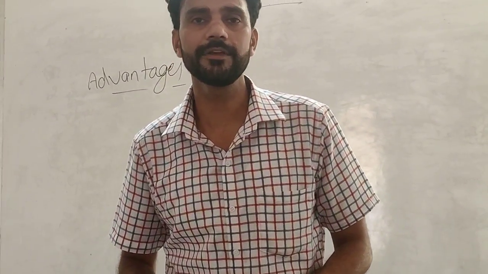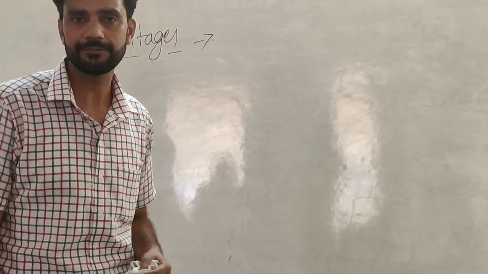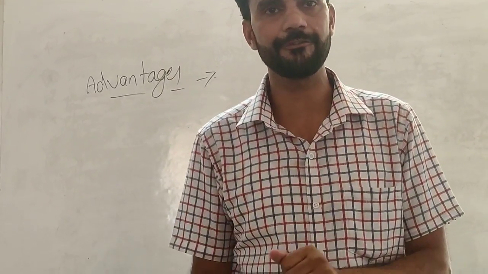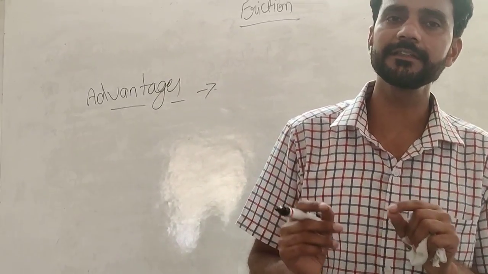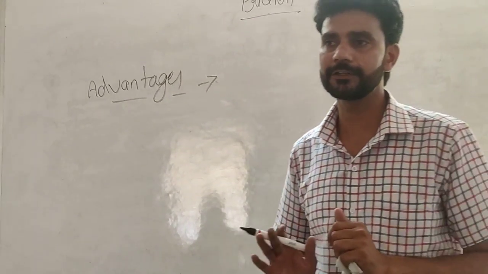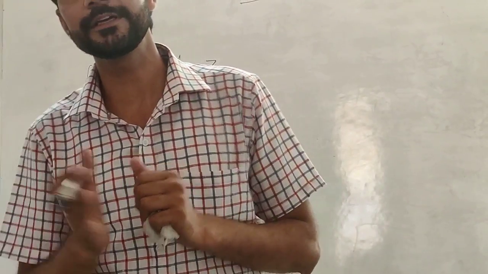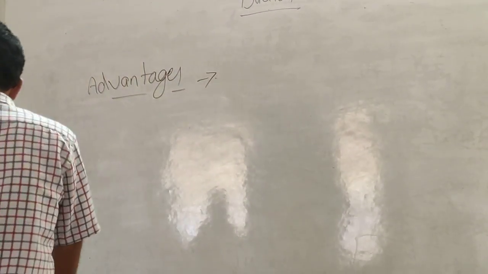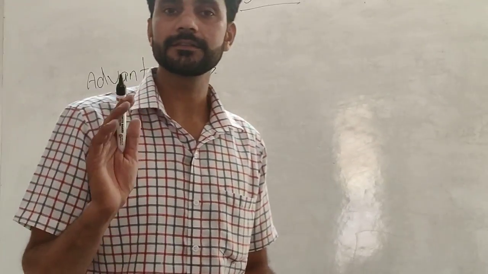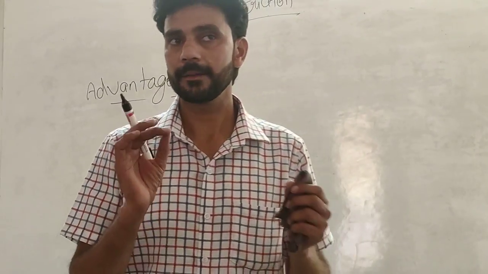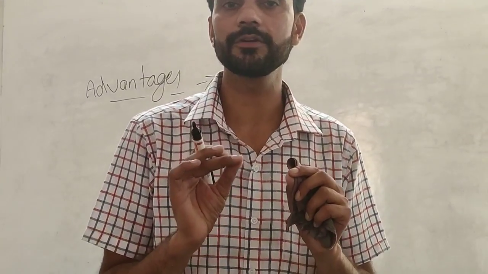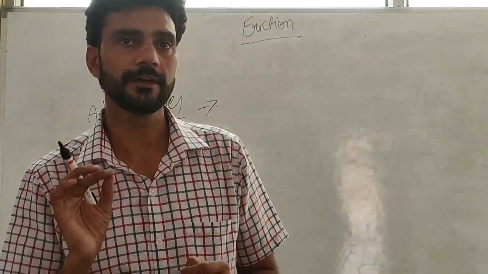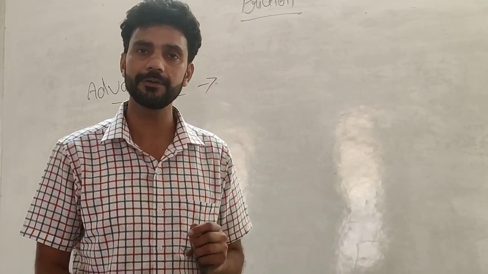Now, how can we increase friction and how can we decrease friction? There is a simple concept. By making the surface rough, we can increase friction, and by making the surface smooth, we can decrease friction. Now it depends on you how you make the surface rough or smooth. If the question is how can you increase the frictional force, the main answer is by making the surface rough. Now it depends on us how we make the surface rough.